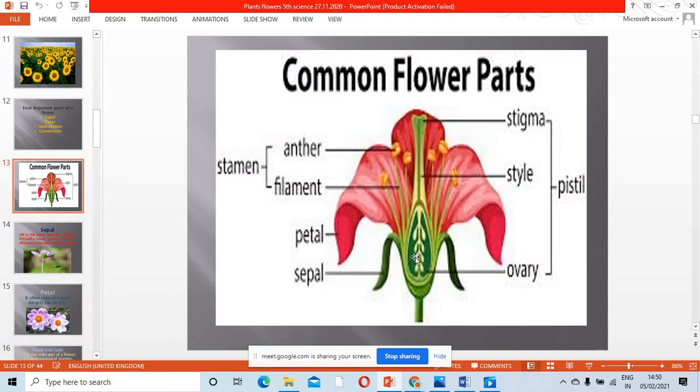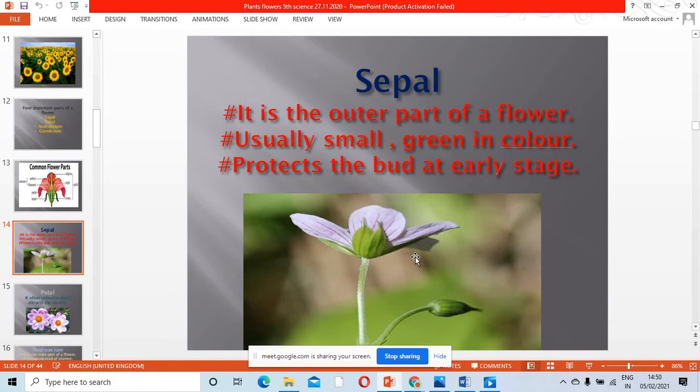Now let's learn first about the sepals. Sepals, as I told you, look at this picture. It's a purple flower with the green petal-like things. This is the outer whorl of the flower, and can you see a bud here? The bud is closed completely with the sepals. So sepals actually guard the flower, they protect the flower at a very early stage, especially in the bud stage. And when the bud blooms into a flower, first the sepals will open out and then the petals.